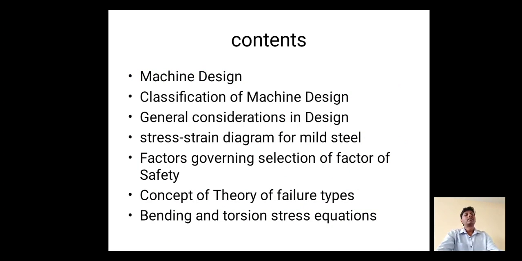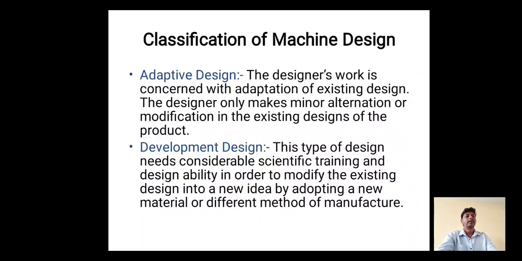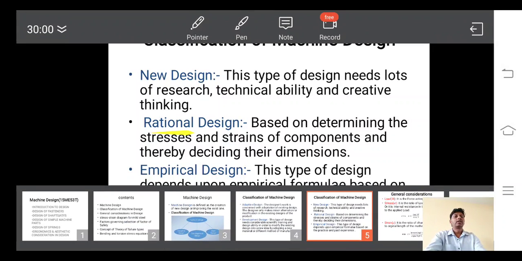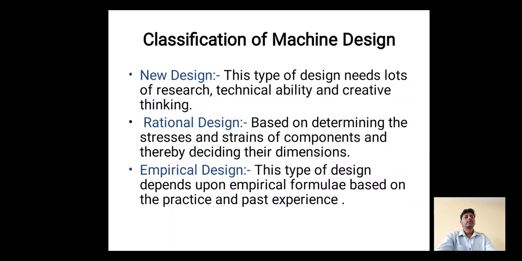Development design includes both adaptive design and new design. You are using new creating methods, and you are also adopting a small improvement, then it is called a development design. These are the major types of design: adaptive design, development design, and new design. Then we discussed the rational design